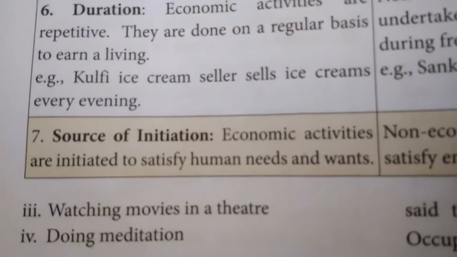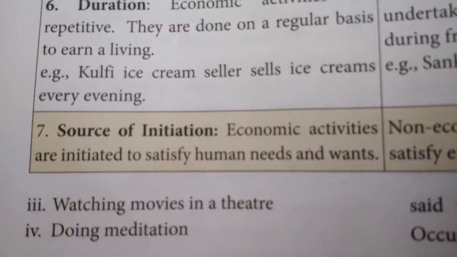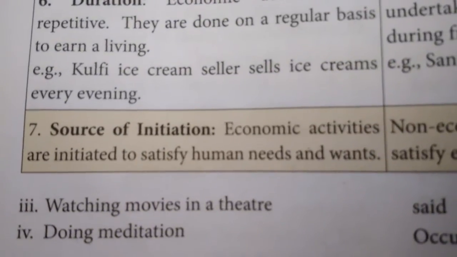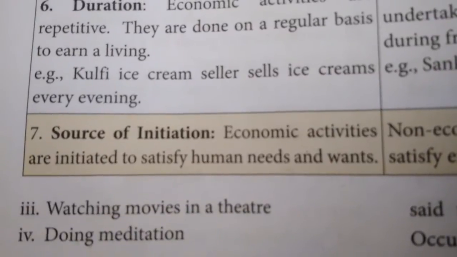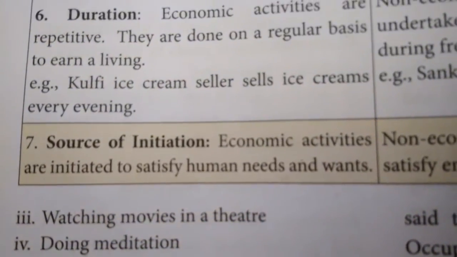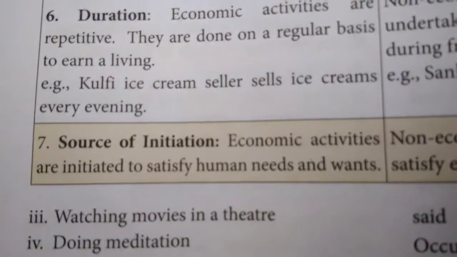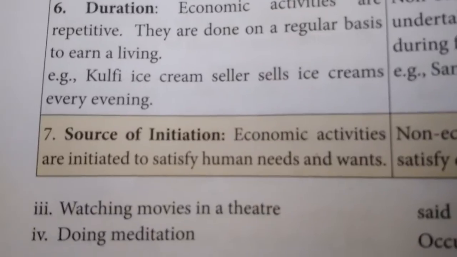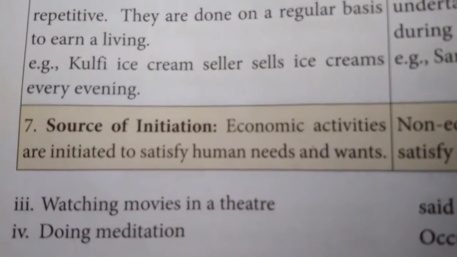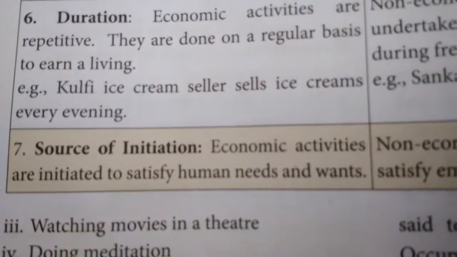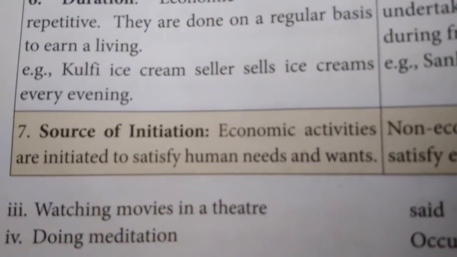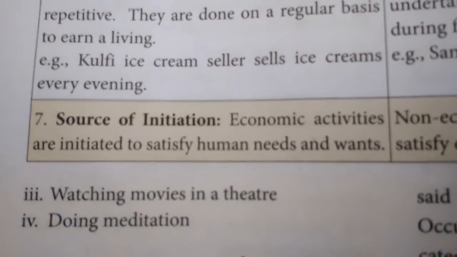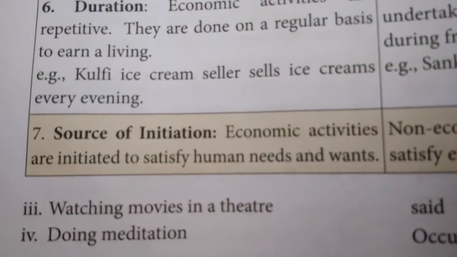Now, when a producer produces a commodity, it is because some wants and needs were there in the market. On the basis of the wants of humans, the producer got the idea to produce commodities. For example, many young people want to have the iPhone and the latest versions of Android mobiles. On the basis of their wants, the mobile phone companies create new versions of mobiles.